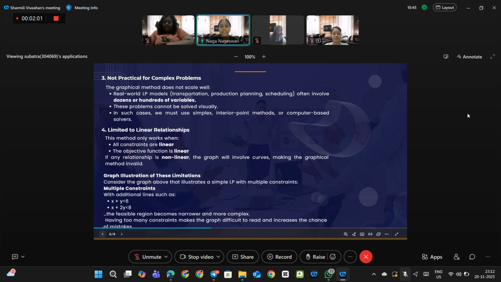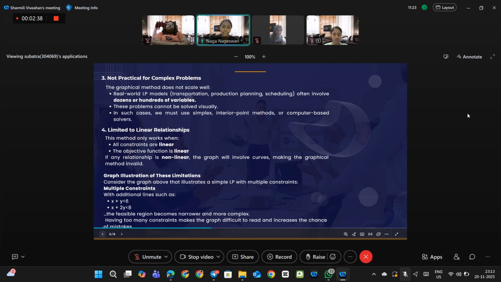The graphical method also does not scale well, which is not practical for complex problems. Real life LP problems such as transportation planning, production scheduling, and resource allocation can involve dozens or even hundreds of variables. In such cases, drawing a graph is impossible, and we must rely on computer-based methods like the simplex algorithm or interior